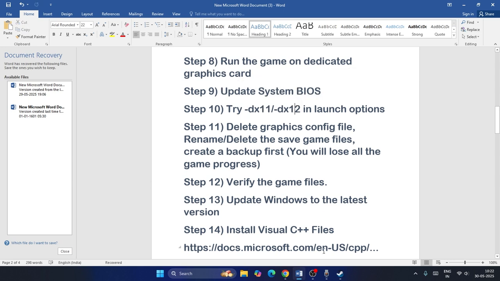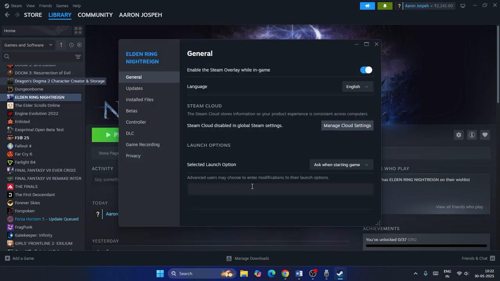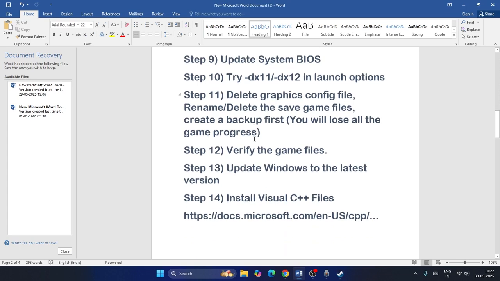Try giving these commands in the launch options. Just go to the game, right click, go to properties. First, try with DX11. You have to try with DX11 and try launching the game. If DX11 is not working, try with DX12, try launching the game and check. Still, if you're having trouble, we need to make sure to delete the graphics config file,